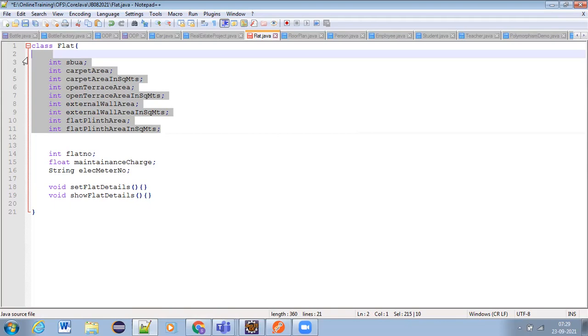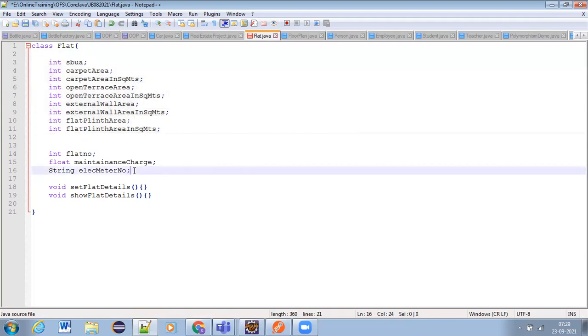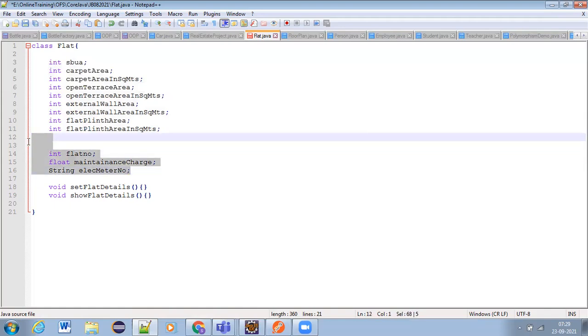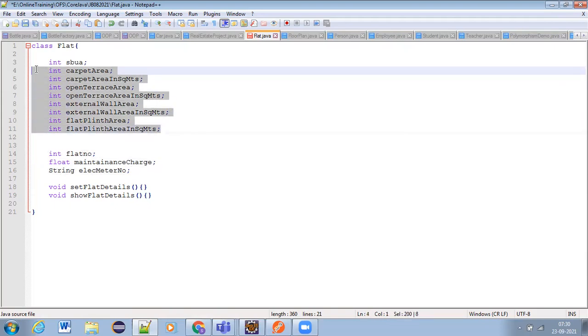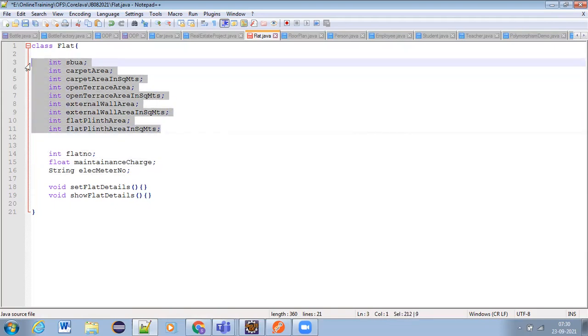But for the realtor or for a real estate builder, why do they need this information? Do they need this information? No, right? So that's why we ignored it. We did not even think about this. We just thought about the required information for the builder construction. During the construction, what is the area they have to use to construct every flat that they require, not the flat numbers or maintenance charges and all, right?